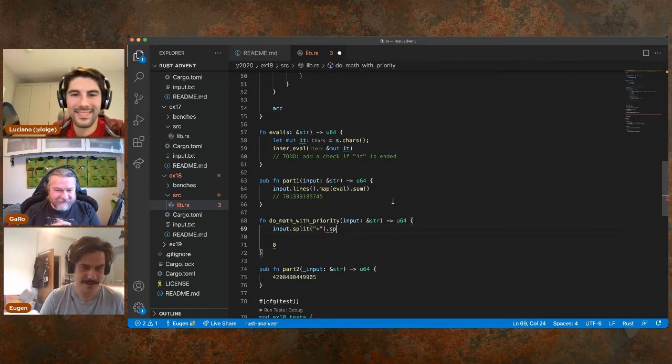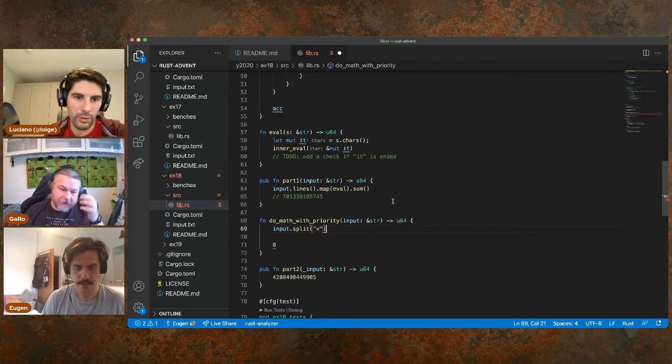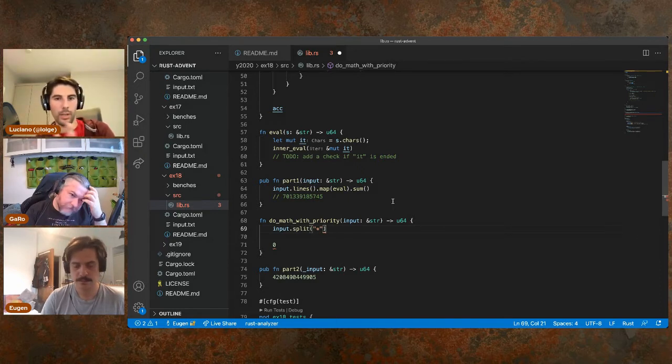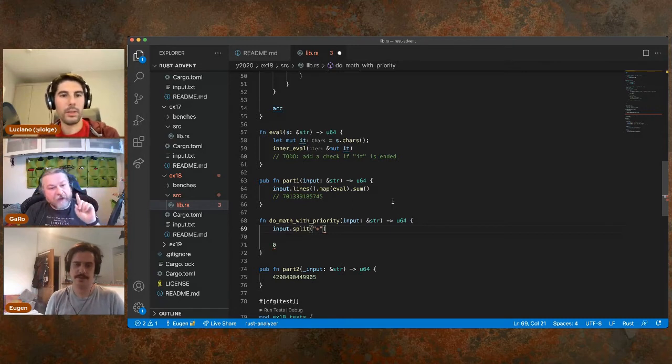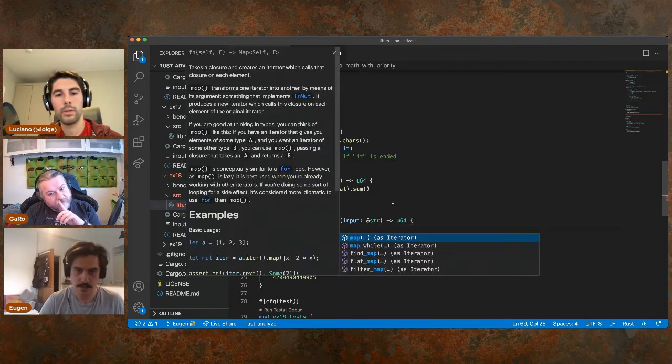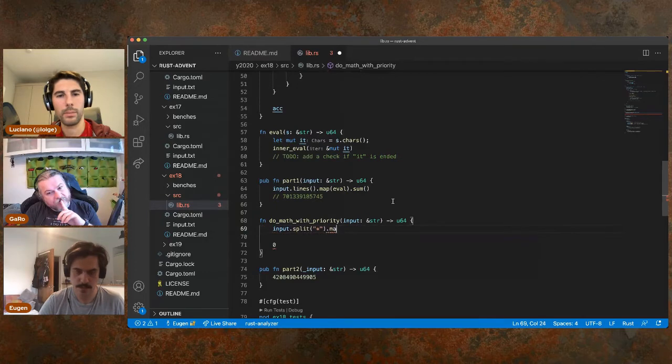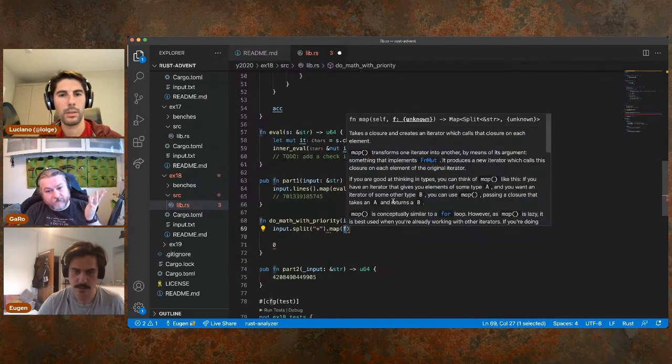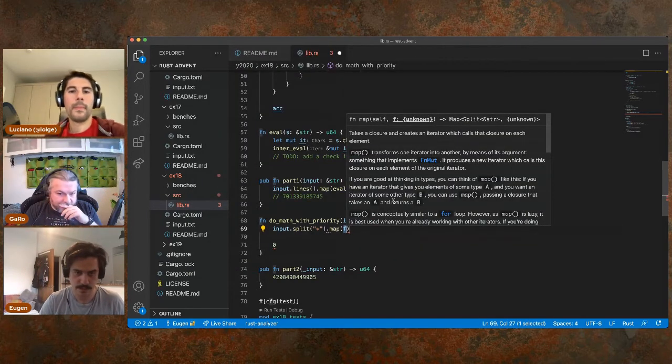Can you chain this? I don't think you can, right? So you get an iterator there. Split doesn't automatically allocate. It just gives you an iterator that, as you say next, is going to give you the next item. But we need to split the inner bits. Can we map and split again? Yeah, I think you can map. I don't know if you have to do .iter or you can map directly. Yeah, you can map directly. Seems happy. Okay, so expression,